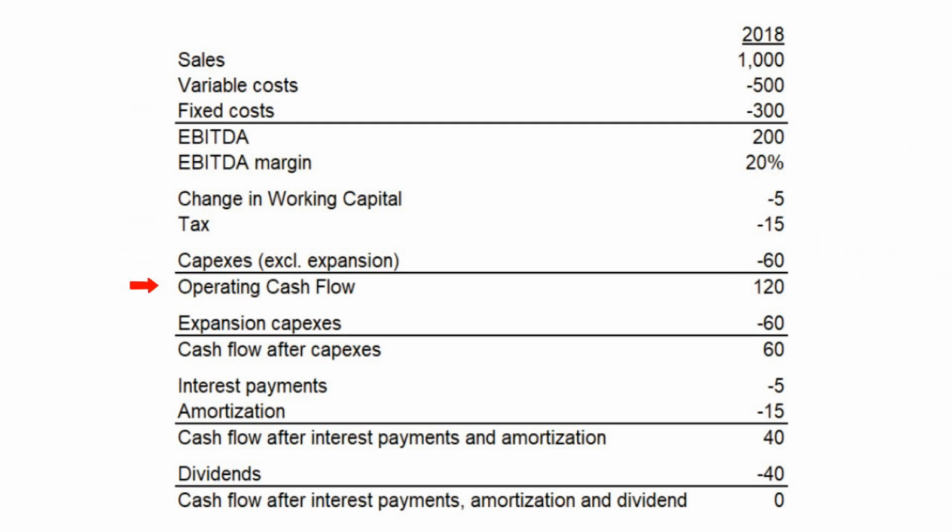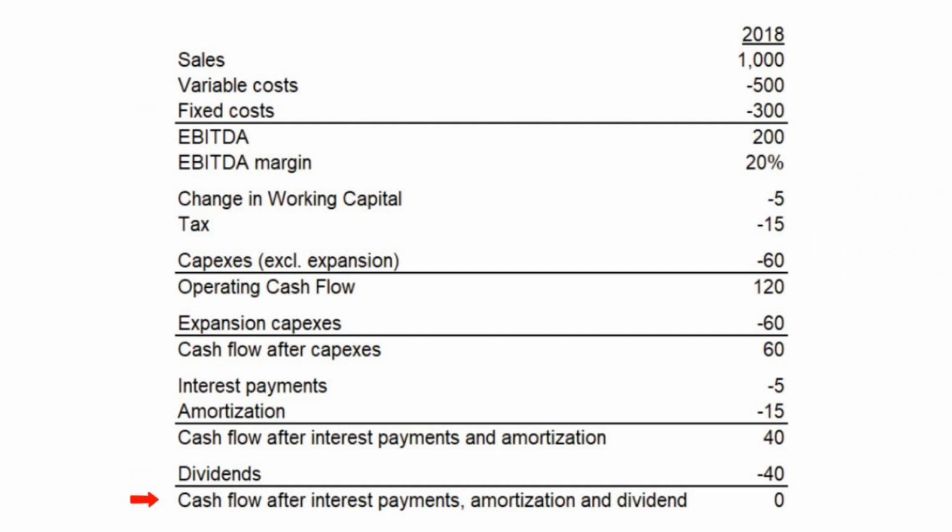The next row is a row called operating cash flow. In this row, you deduct the expansion Capexes. This is mainly new capacity, either an acquisition or expansion of an existing mill or plant. The creep of a mill's capacity by 1 to 2% per year is not what we call expansion. Capexes for creep need to be in the Capexes without expansion row. Next, you get to cash flow after Capexes. After that, you have your interest payments and amortization for your debt. Then you pay your dividends to your owners.